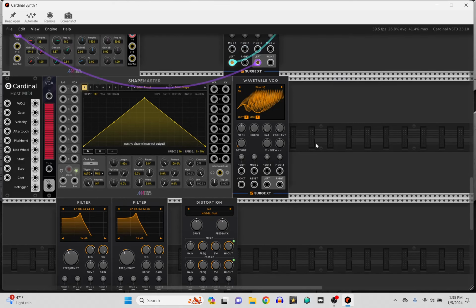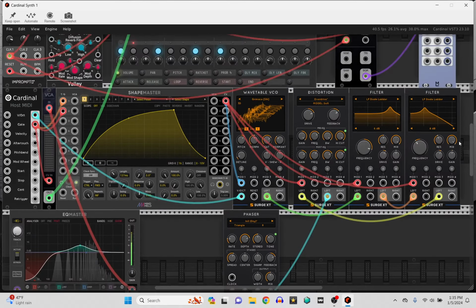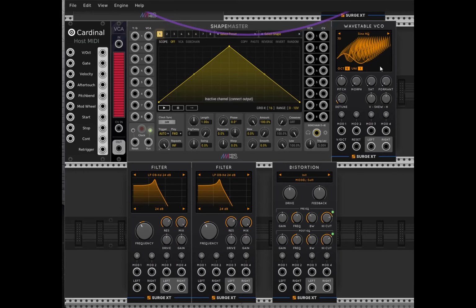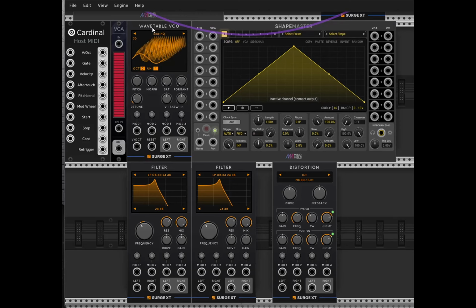Okay, so now that we have all of this stuff, I believe that we can start routing it. Let me just double check. Okay, distortion, filter, wave shaper. Okay, yeah, cool. So first thing that we want to do is, actually, I'm going to move this over here. That might be easier. We want the volts per octave into this of the wavetable, and we want to run the gate